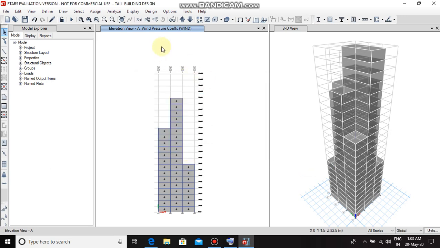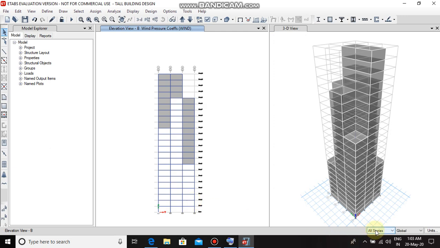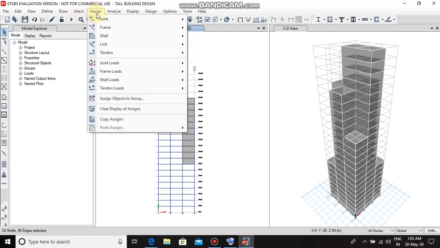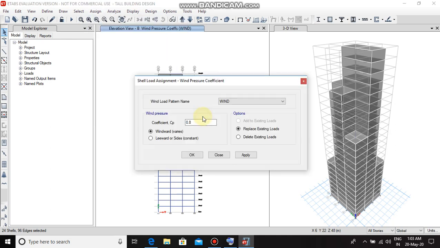Then click on elevation. Select B, OK. The all stories option should be selected. Select all the shells, then again assign, shell load, wind pressure coefficient as 0.8, windward, apply, OK.